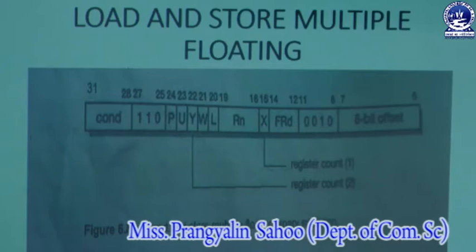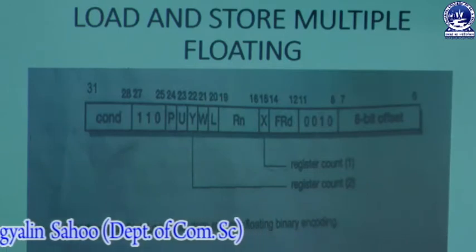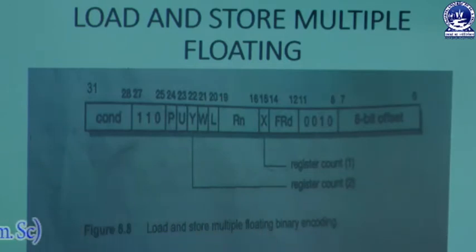Okay, and also in this case it is intended that the only use for the saved value will be to reload them using the equivalent load multiple instruction to restore the content. The FRD specifies the first register to be transferred, and here X and Y encode the number of registers transferred, which can be from 1 to 4. That means here X and Y are specified. You have to transfer some data from register to memory and memory to register